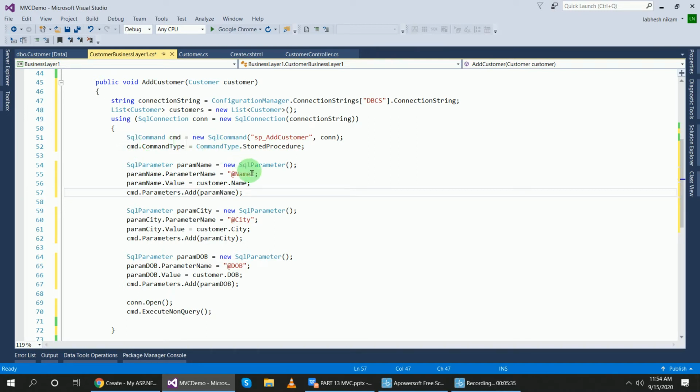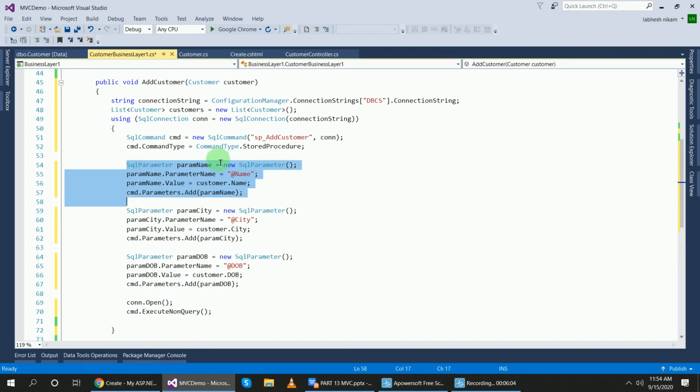SQL command cmd equal to new SQL command, and inside of that the store procedure name and the connection string. Then I set the command type as store procedure, and for each field of the table I created a parameter and passed the name and value inside of that parameter, okay.